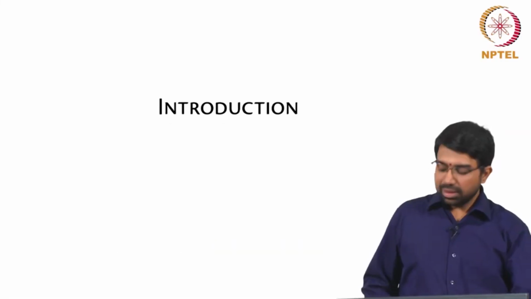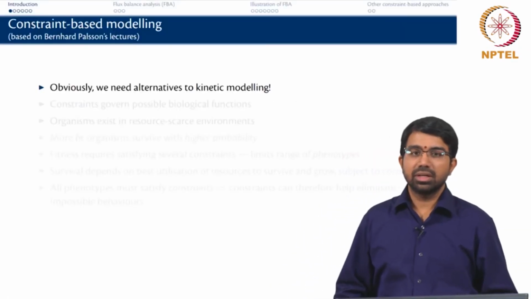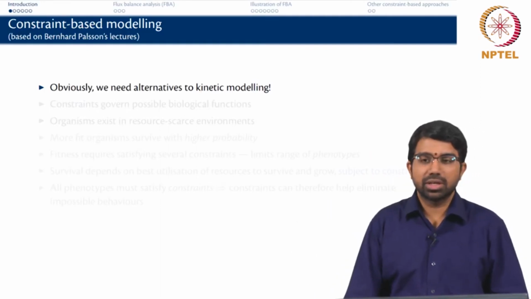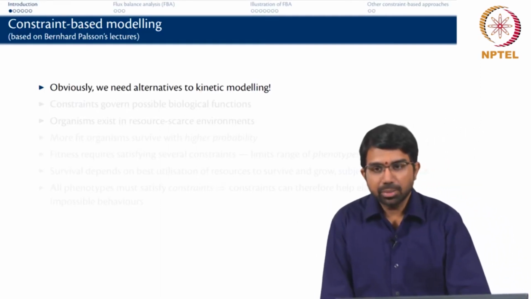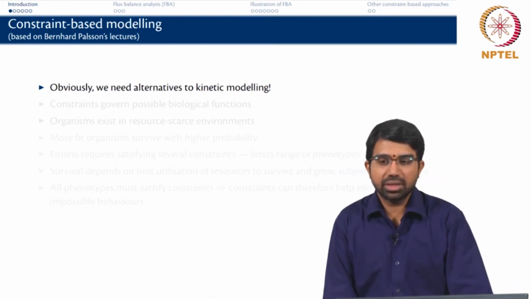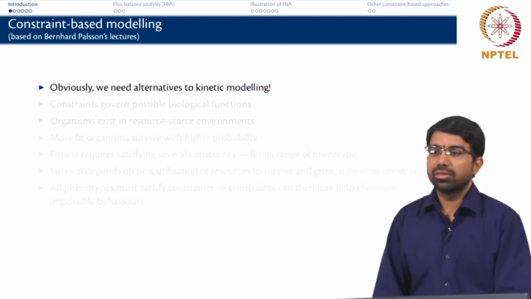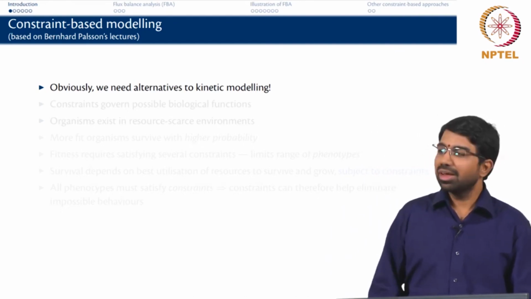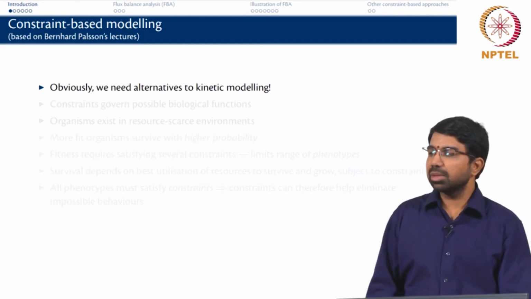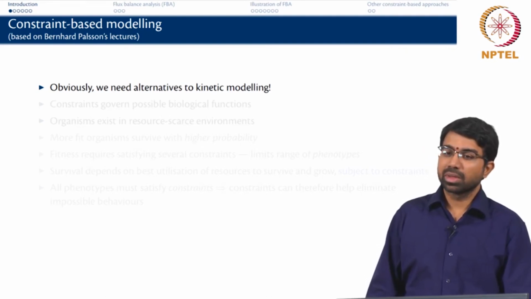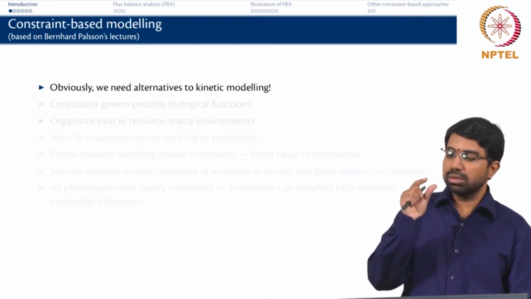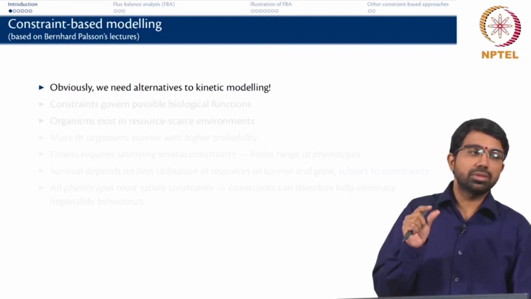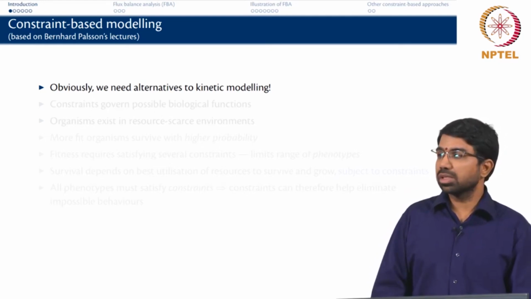So I think one thing that you may be convinced with already is that we need alternatives to kinetic modeling. So why would we need alternatives to kinetic modeling? Essentially, the key thing I want you to hit at right away is that kinetic models involve a very large number of parameters. If you want to build a genome scale kinetic model, people have, by the way, it's very tricky, very difficult, simply because you have to estimate something like 2000 parameters. Unless you have very respectable tight estimates for each of the parameters a priori, you are not going to be able to estimate or build such models very effectively.